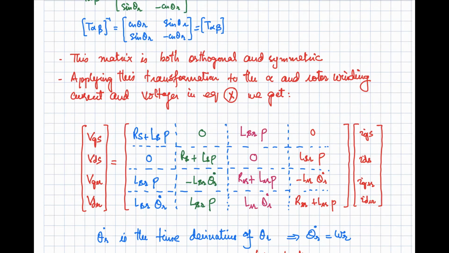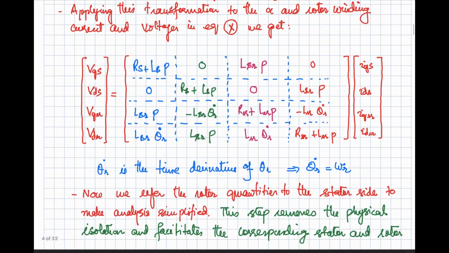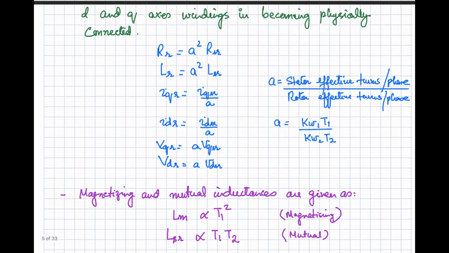Now we can have a different number of turns at the rotor and the stator, and you know that the induction motor structure is just like a transformer. The impedances on the stator side can be referred to the rotor side, and the rotor side resistances can be referred to the stator side. Over here we are going to refer the rotor resistances over to the stator side, and over the stator side the rotor resistance Rr will be modified by the square of the turn ratio, that is A square.